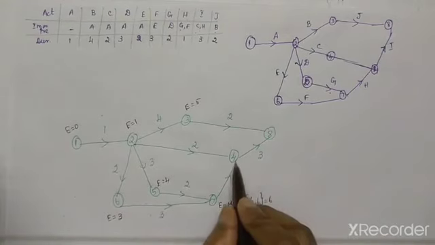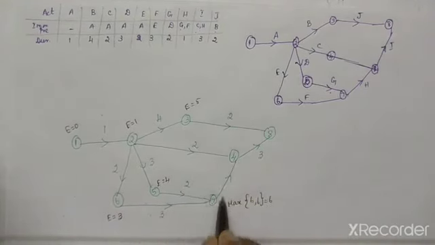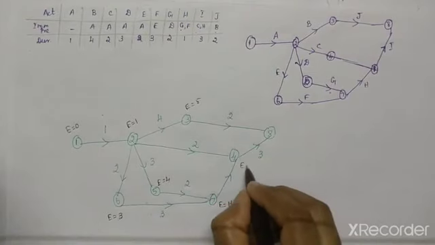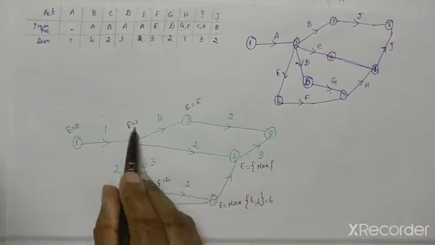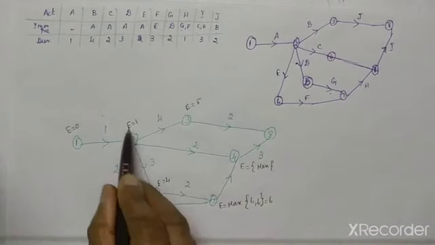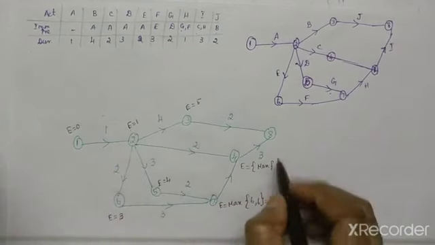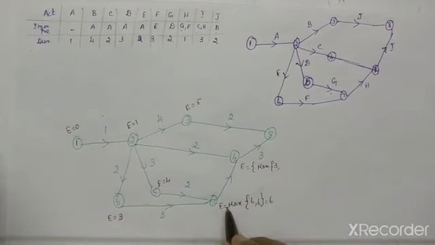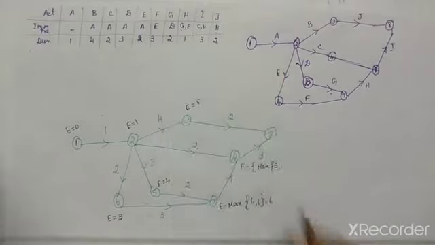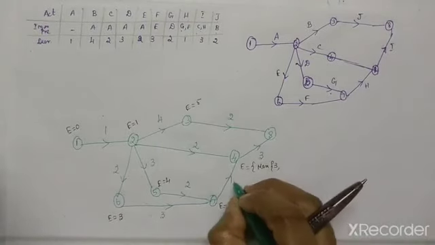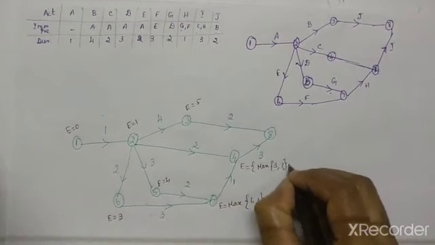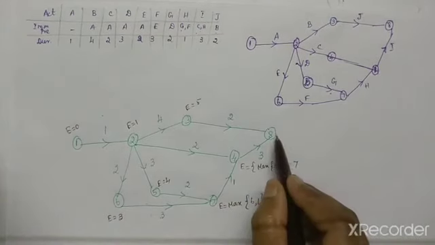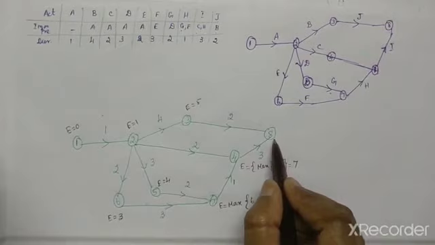Now we have to come to this one. For this, two incoming activities, so E value is equal to maximum of 1 plus 2, because for this the previous E value is 1. 1 plus 2 is 3. For this, 6 plus, for H we have the value 1. So 6 plus 1 is 7. So for this 7. So completely we have to come to the last one, 8.